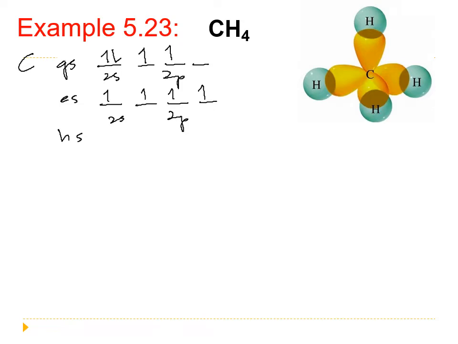And in hybrid state, it is going to form 4 sp3 hybrid orbitals, and each of the electrons is going to make a covalent bond, a bonding pair of electrons